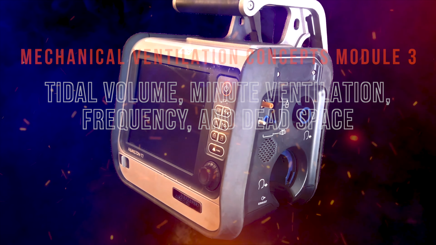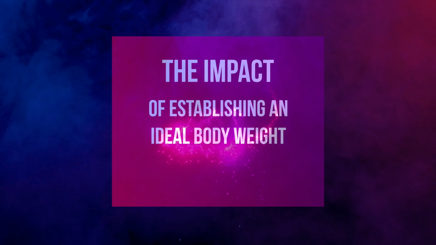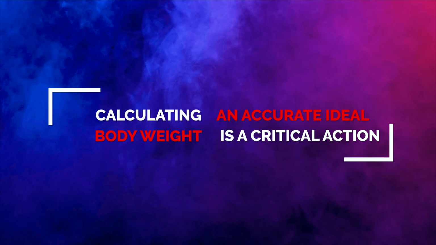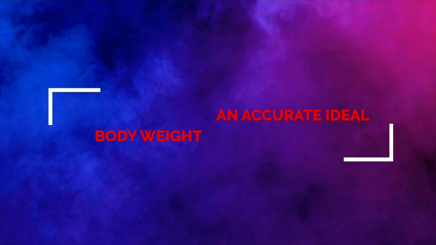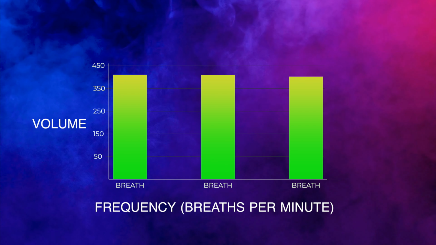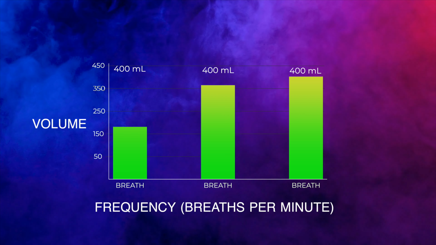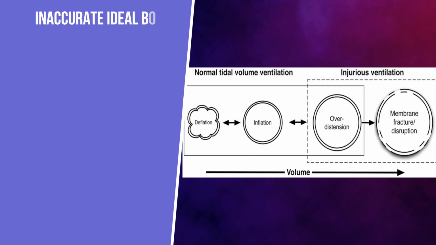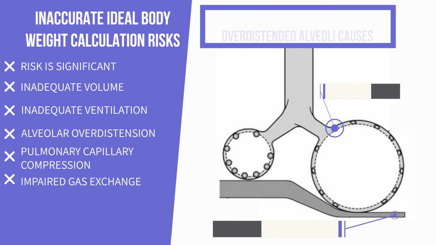The previous video taught us the importance of calculating an ideal body weight. Calculating an accurate, ideal body weight for each patient is a critical early action in optimizing mechanical ventilation. It is the basis for determining the volume of gas we deliver with each breath to avoid giving too much or too little volume. This can lead to inadequate ventilation or overdistension of the lungs, underscoring your crucial and valued